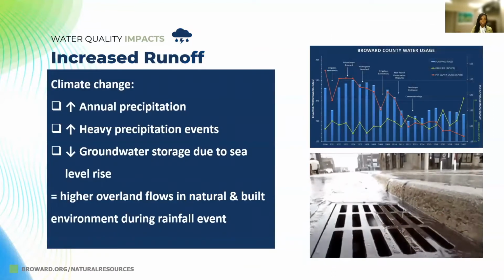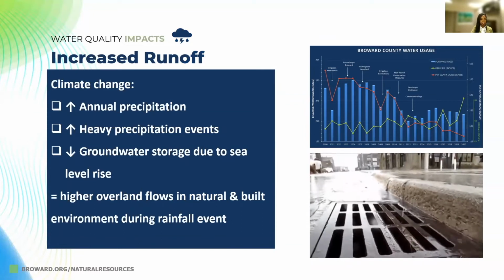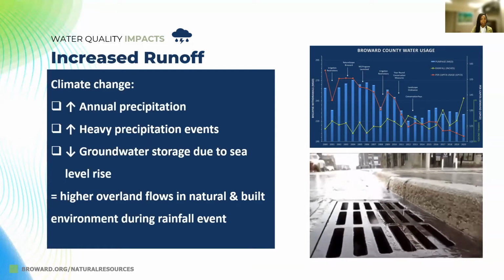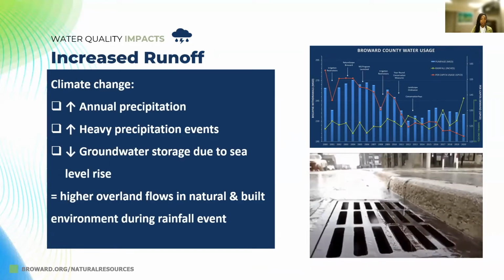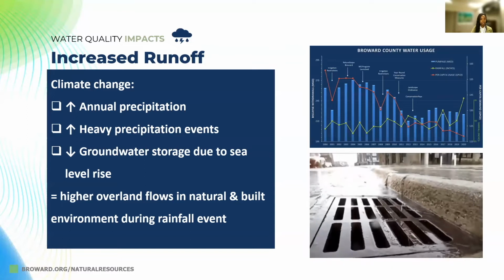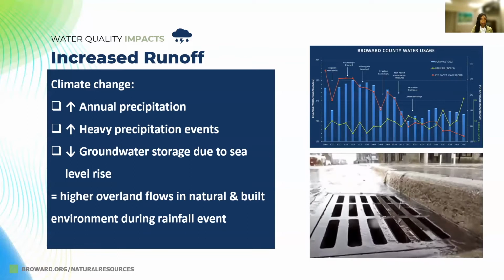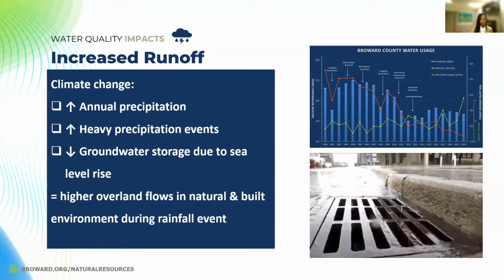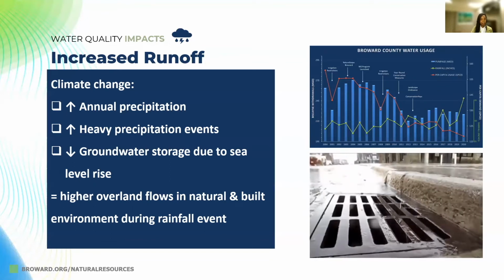Now, with climate change, as we saw in an earlier graph, the annual precipitation Broward receives is trending upwards. Also, we have been observing an increased frequency of heavy precipitation events when a lot of rainfall is dumped on an area in a short period. Another thing to note is that sea level rise can raise the water table and reduce the groundwater storage capacity. If there is less groundwater storage, you're going to have higher overland flows in both the natural and built environment